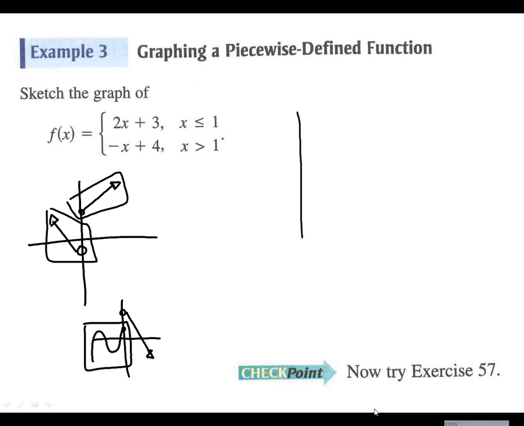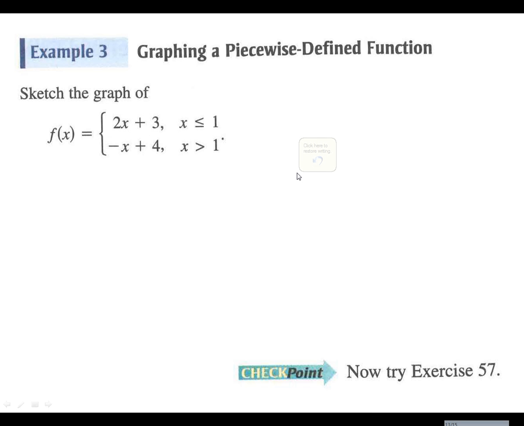Now the important thing is going to be to figure out the intervals first. So the key here is saying for x less than or equal to 1. So here's our cutoff at 1. Everything to the left of this, so everything to the left of this vertical dotted line is going to be this function. Alright? So what we're going to go ahead and do, let me go ahead and draw this in red here. 2x plus 3. If we were to graph this,